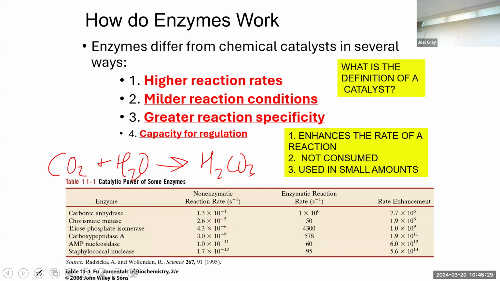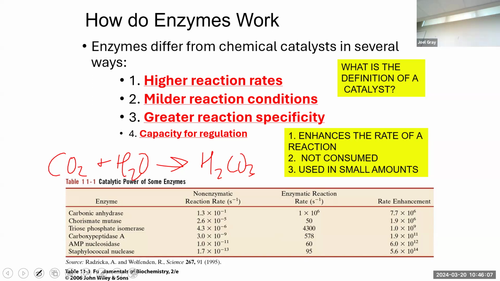How quickly would you die if you were relying on the non-enzyme catalyzed reaction? Absolutely. Because think about this, this reaction with an enzyme is done 1,000,000 times over when the non-enzyme catalyzed reaction is done once. Does everyone follow that? Okay, so we look at a rate enhancement. This is just a comparison of those numbers in a specific calculation. This is roughly 7.7 times 10 to the 6th times faster with the enzyme catalyzed reaction over the non-enzymatic reaction.